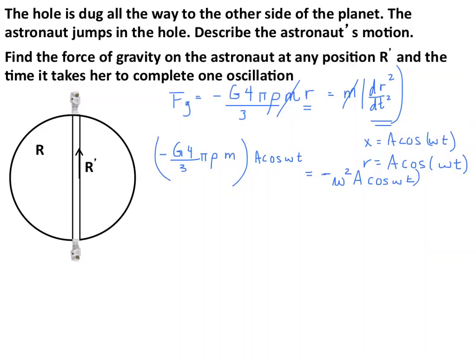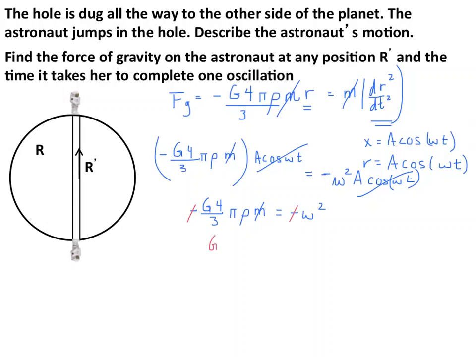If you don't remember any of this, you should definitely go back and review the simple harmonic motion video. Again, a cosine cancels out with a cosine, and we're left with negative g 4/3 pi rho. Again, our mass is canceled out. Here, these negatives can cancel out,